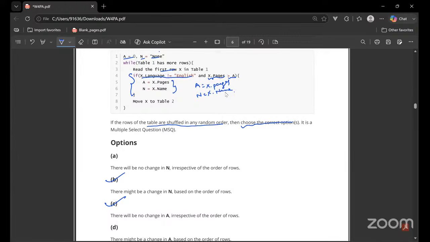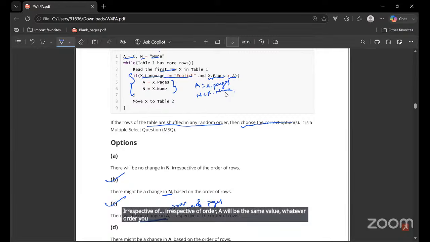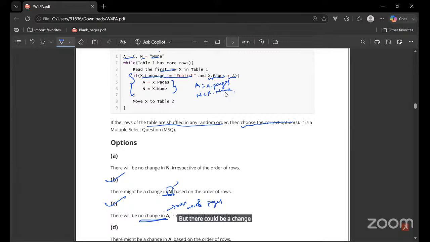Yes, sir. N might change, but A won't be changing because A captures the maximum number of pages, right? Irrespective of order, A will be the same value, whatever order you visit or read. But there could be a change in N. There might be two books with the same number of pages but different books. Answer may be